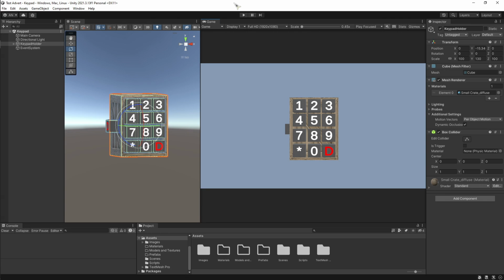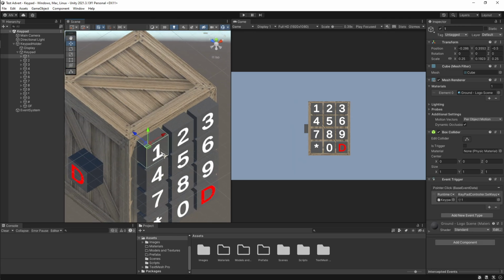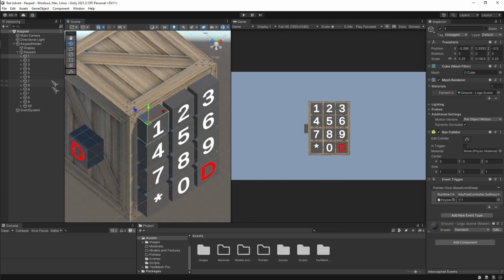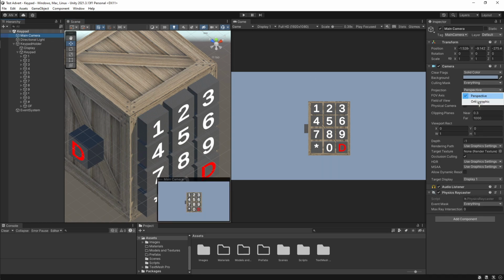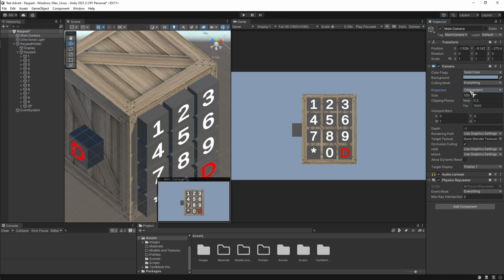Usually a keypad consists of many buttons, and the way it animates, or in real life the way it works, is whenever I press one, it should work like this in real life. As this is a game engine, there are actually two ways to go and solve this issue. For different camera angles, we have perspective mode and orthographic mode, and I'll show you both solutions for both projection